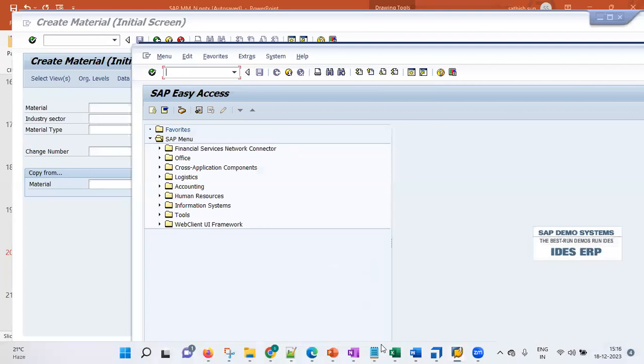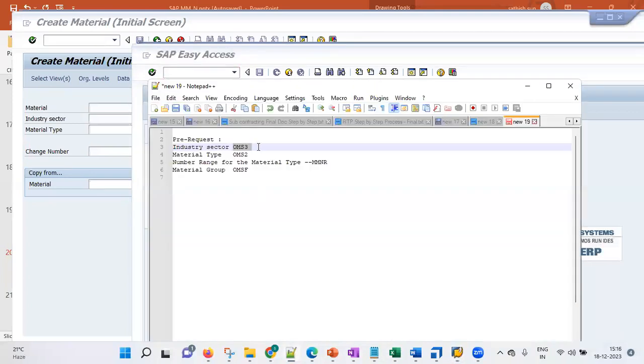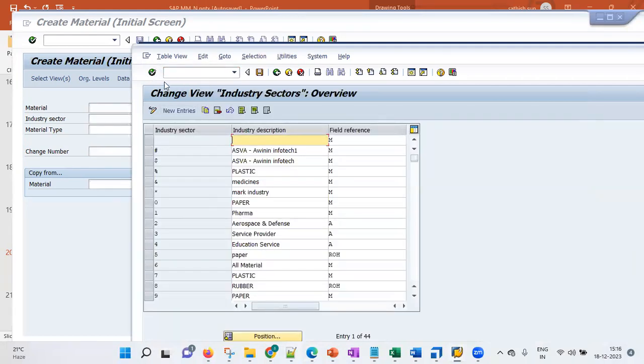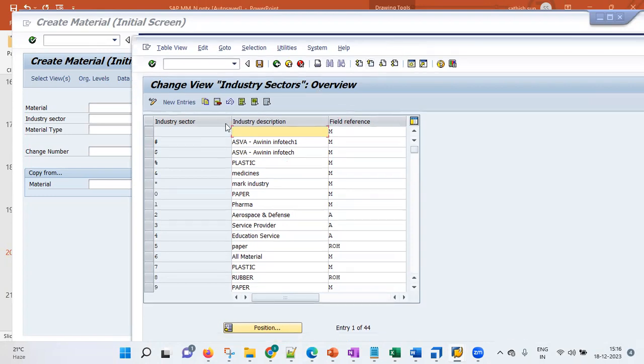So what is my T code? OMS3. So in the T code OMS3, I can give the T code and again press enter. When I press enter, a change view industry sector overview is displayed here. Okay. So what is our company code? KGR1. Now, while creating an industry sector,